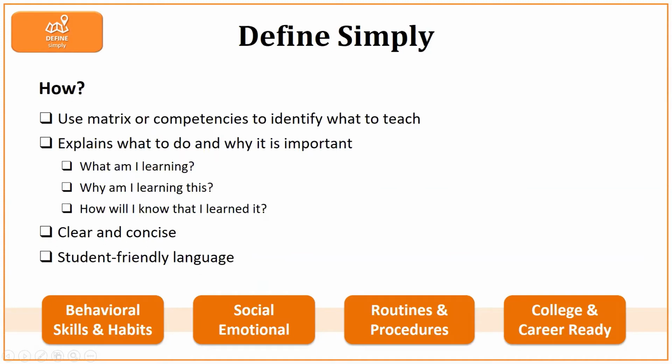How you go about doing this is by using your anchor charts, matrix, and other established competencies to identify what to teach. You will establish the why for students. In other words, help them understand why these behaviors, academic skills, and competencies are important and necessary in this particular setting, at this particular time, and how they connect to the bigger picture of your school-wide system and students' prior knowledge. It may be helpful for you to think about how you write student learning targets. The descriptions will be clear and concise and use student-friendly language.